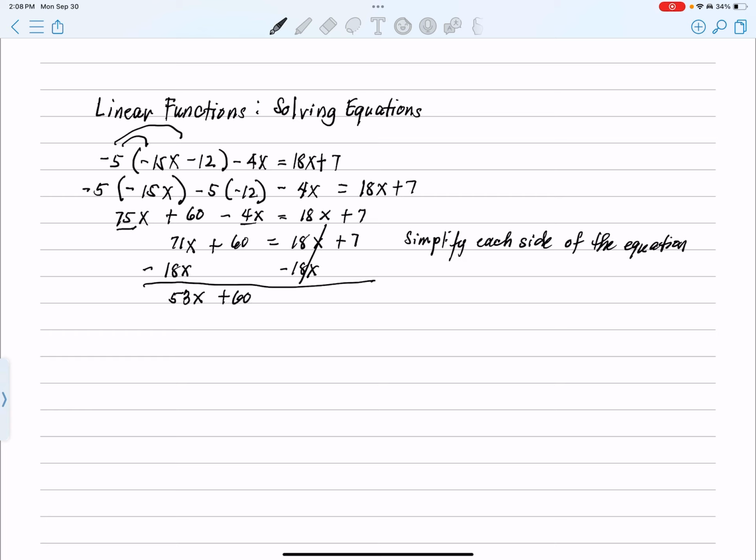Bring down 60. Equals 7. Now, bring the constants to the right side. So I have to subtract 60 on both sides. So this will be 53x equals negative 53. In this step right here, I am bringing